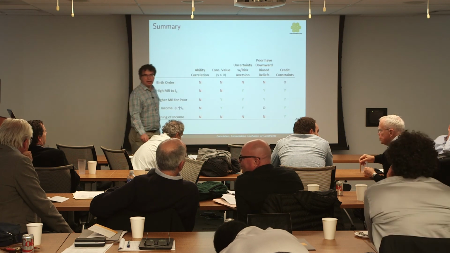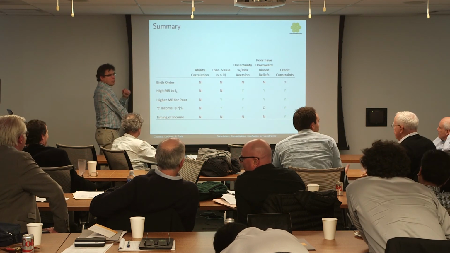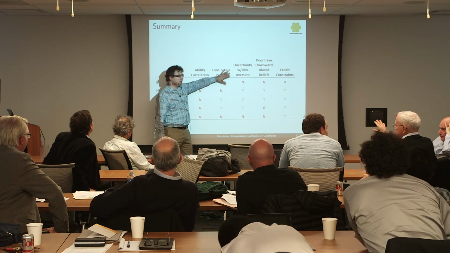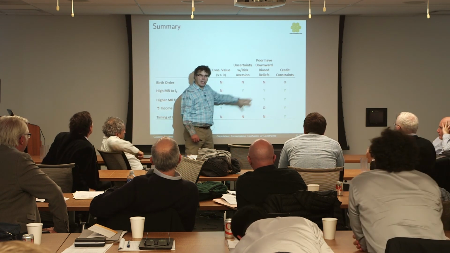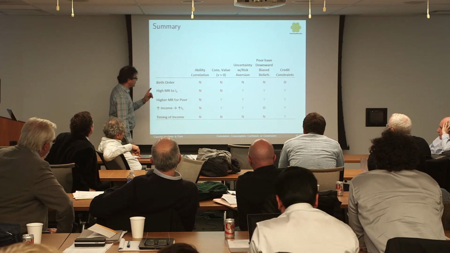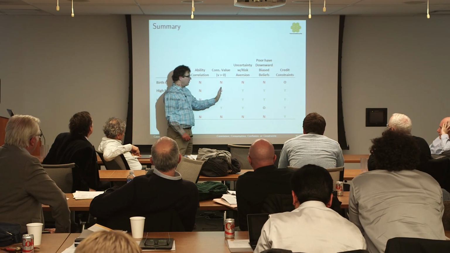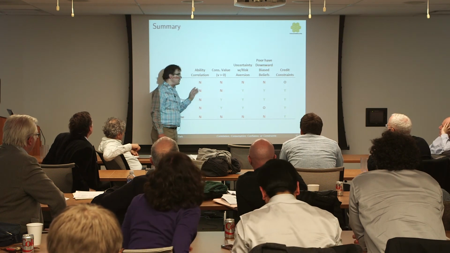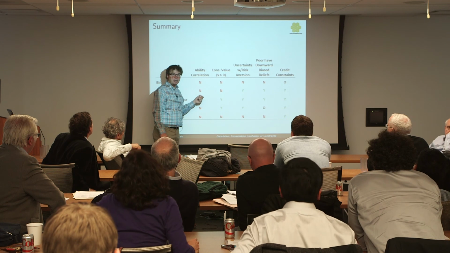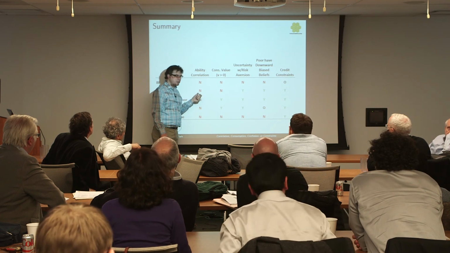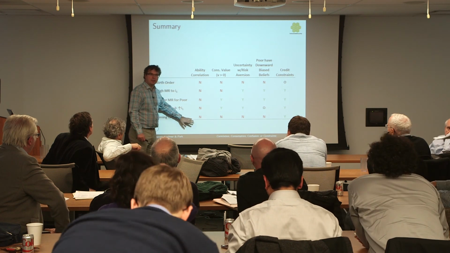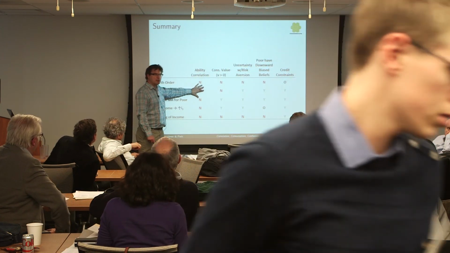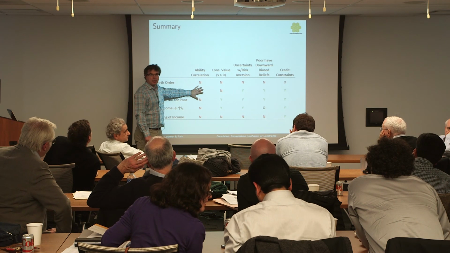Let me just conclude here, which is this is sort of my summary of the different models and whether they can explain different facts. And the first thing I want to say right off the bat is one should not conclude from the relative color of these which is most important or least important. In some sense, ability correlation is really quite important. But it also cannot explain a lot of different things. So if you want to understand some of these factors, just having parents' and kids' ability correlated is not going to help you solve those problems.